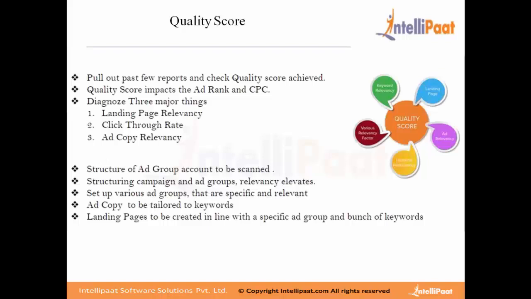After looking into the ads, one should look at the quality score aspect. The quality score of each and every keyword is very much dependent upon three major things: the relevancy of the landing page, the overall click-through rate, which is called the CTR and is calculated as number of clicks upon number of impressions into 100, and also the ad copy relevance. If you have great ad copy with the keyword being targeted, and the keyword also being targeted across in the landing page, then obviously your strong ad copy will get you a better click-through rate, and a better click-through rate, better ad copy, and landing page relevancy will give you a lower CPC and a much better ad rank.